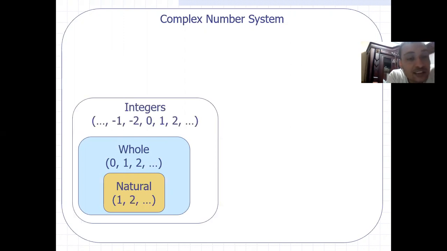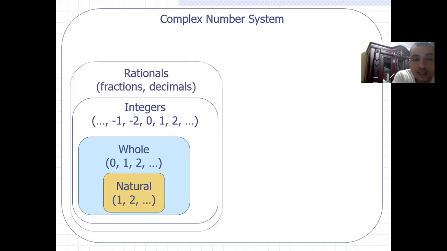After that, we studied integers. We studied integers in grade 6, and we know that the whole numbers are a subset of the integers. After that, in grade 7, we studied rationals like fractions and decimals in first prep, and we know that integers are a subset of the rational